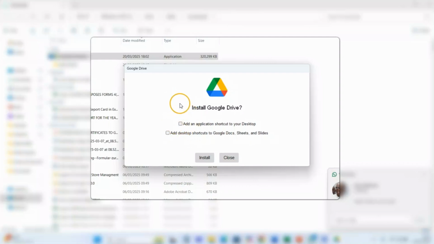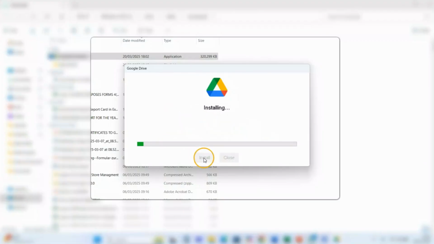Or you can simply untick the two. It doesn't matter, or you can have it if you want. So let me untick the two like this, but you can add it if you want to have a shortcut on your computer. So I'll click on install, and then we launch it.